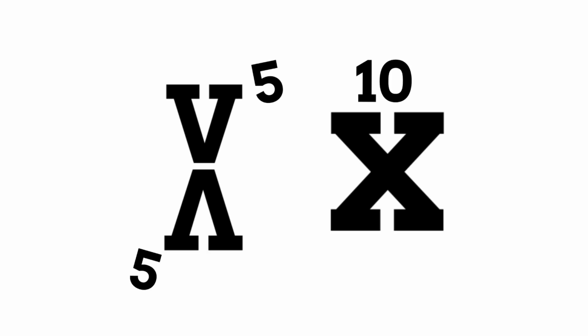The leading theory is that it might have been chosen as X looks somewhat like two V's sat on top of one another, with the lower one being upside down. Two V's equal two 5s, so it makes 10. But that's just a theory, but there is some logic in it, I suppose. Anyway, whatever the case, X ended up being the letter of mystery and unknowing in the realm of mathematics,